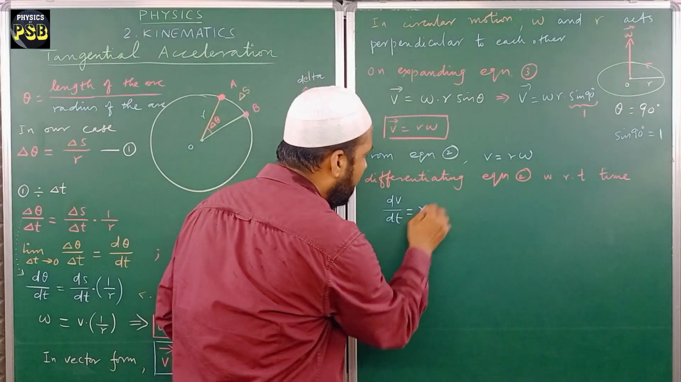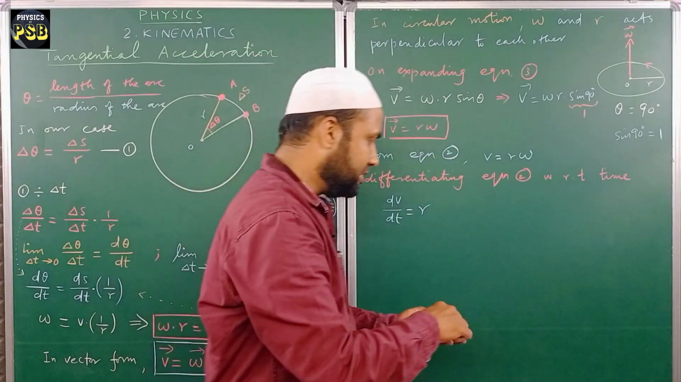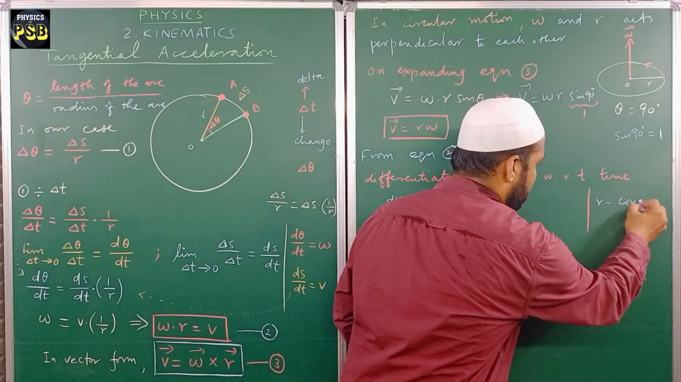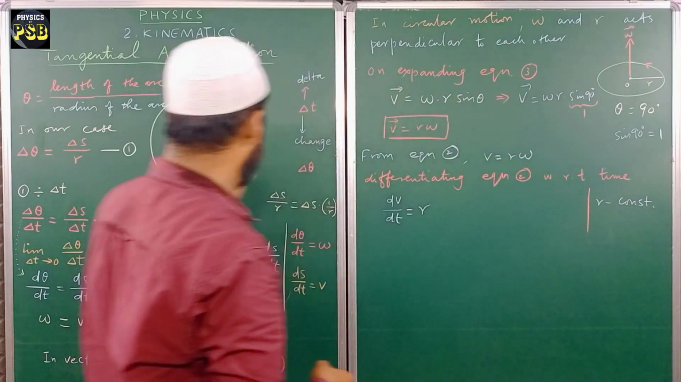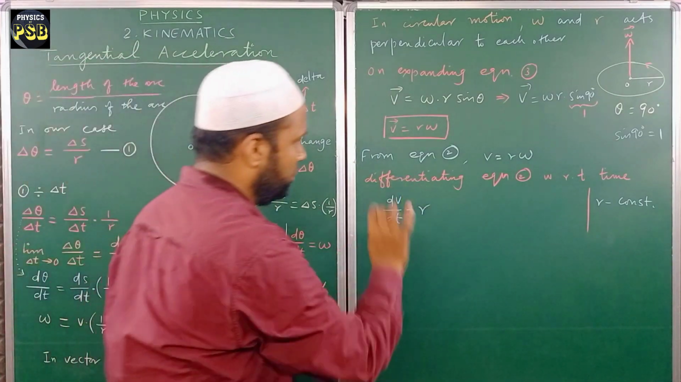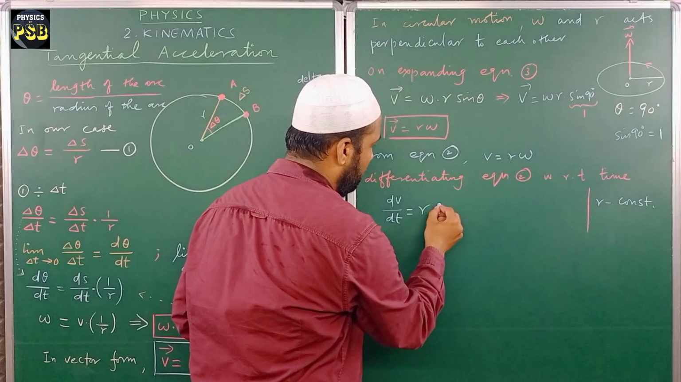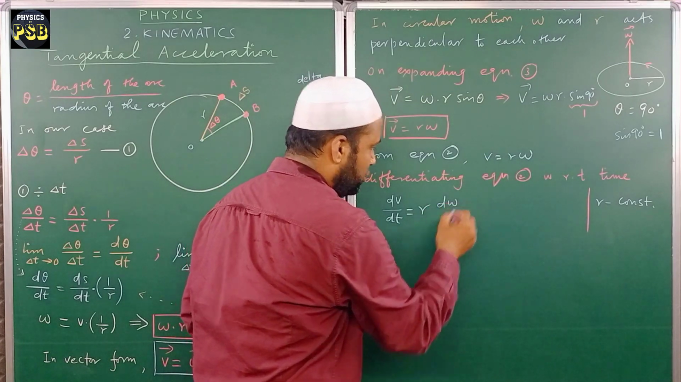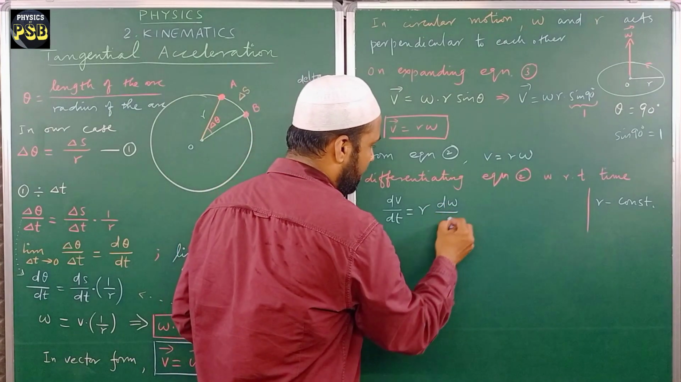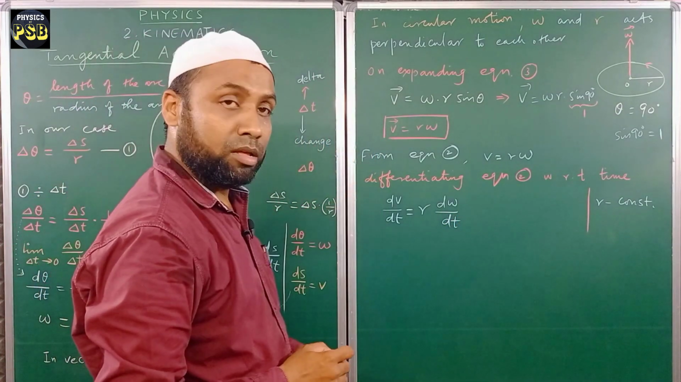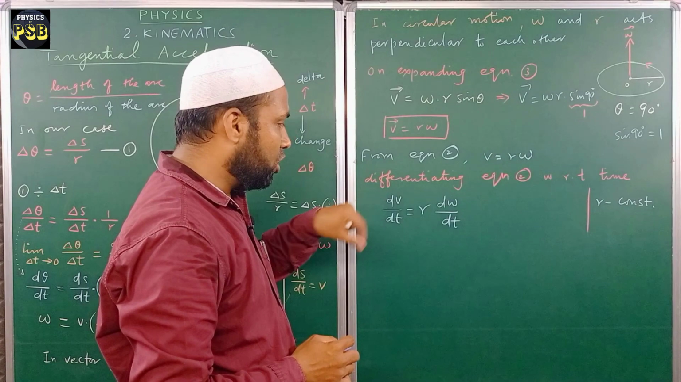Now here, r is a constant. That is obvious from the diagram. So it is kept as such. We do not differentiate a constant. Then omega is differentiated with respect to time as d omega upon dt. Now, when we differentiate velocity with time,